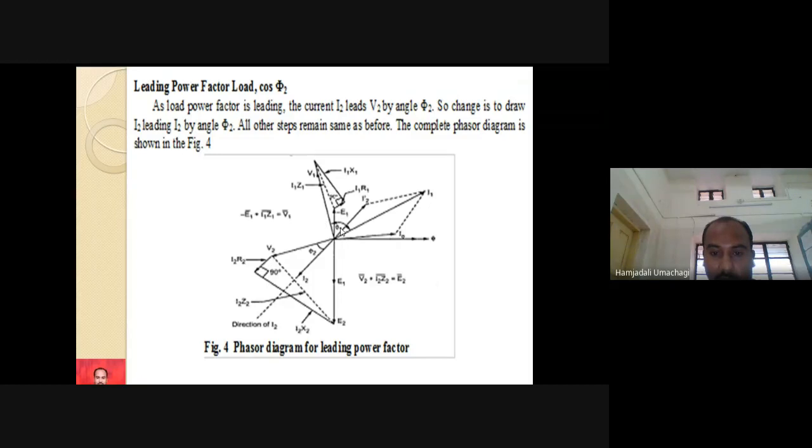Similarly, you can also show one more power factor angle. What is that? The angle between V1 and I0. This is my I0, the no load current on the primary side. So the angle between I0 and V1 will be pi 0, that is the no load power factor. Similarly, the angle between V1 and I1 is pi 1, the angle between V1 and I0 is pi 0, and the angle between V2 and I2 is pi 2. All these things you are supposed to write.